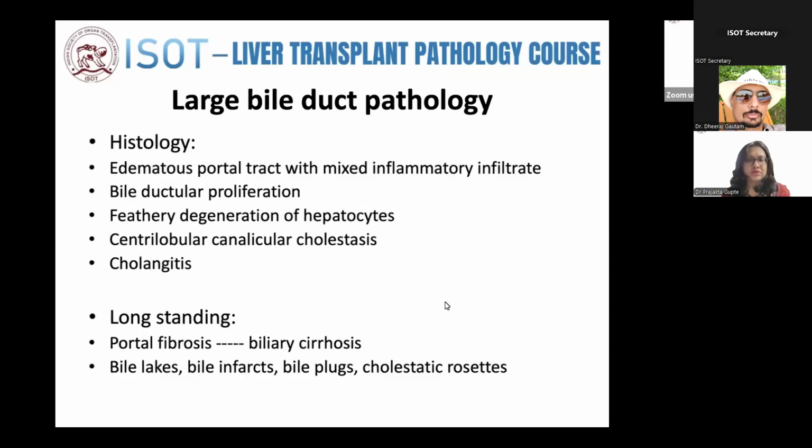Histologically, since the biopsy represents the peripheral liver parenchyma, what we are going to see on the biopsy is the reflection of large duct obstruction occurring closer to the hilum. So here we are going to see secondary changes like edematous portal tract with mixed inflammatory infiltrate, often with numerous neutrophils, bile ductular proliferation, feathery degeneration of hepatocytes, and centrilobular canalicular cholestasis in the acute phase. Ascending cholangitis may develop and these lesions can be seen in the biopsy. In long-standing cases, we would see portal fibrosis, which would eventually progress to biliary cirrhosis. Then bile lakes, bile infarcts, bile plugs, and cholestatic rosettes can be seen. We will have a look at all of these